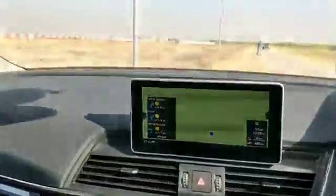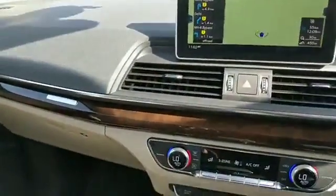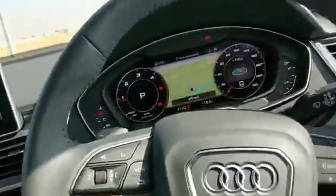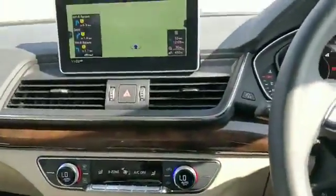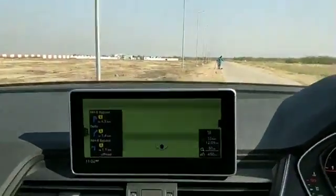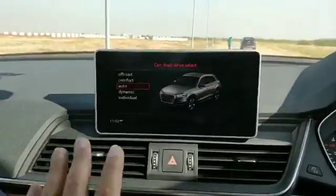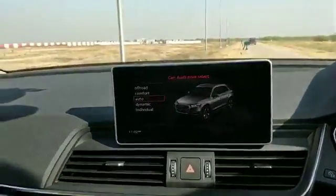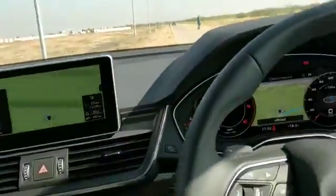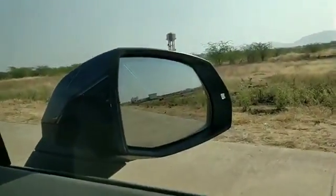Another great feature that you have is this key here, which can remember 5 settings for the driver, and once you shut the car off, it would remember the driving mode that you were driving in. So once you get back into the car, it will automatically select the specific mode that you left the car in. And the second thing that it would remember is your ORVM position, so it will set it to the